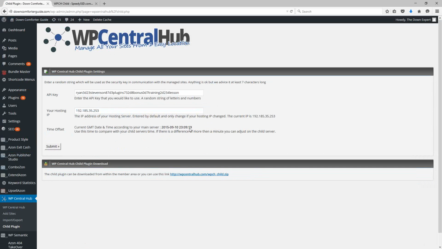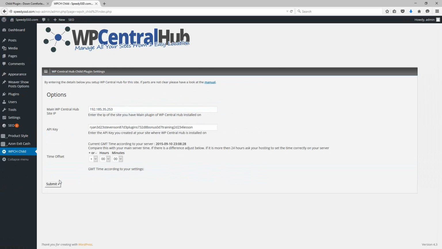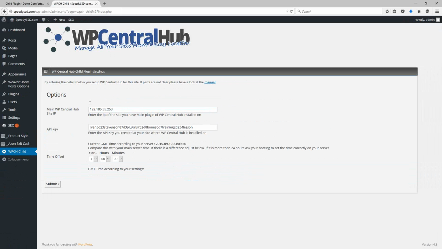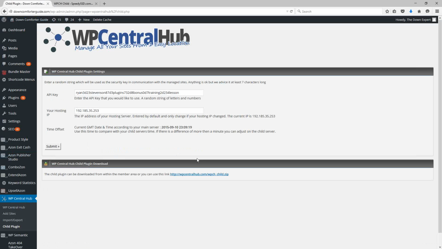So you can see right here, the time just updated for me. So if you either refresh both of these pages at the same time or come in and save some information like the API key and the site IP address, you'll then get a refresh on both of the sites at